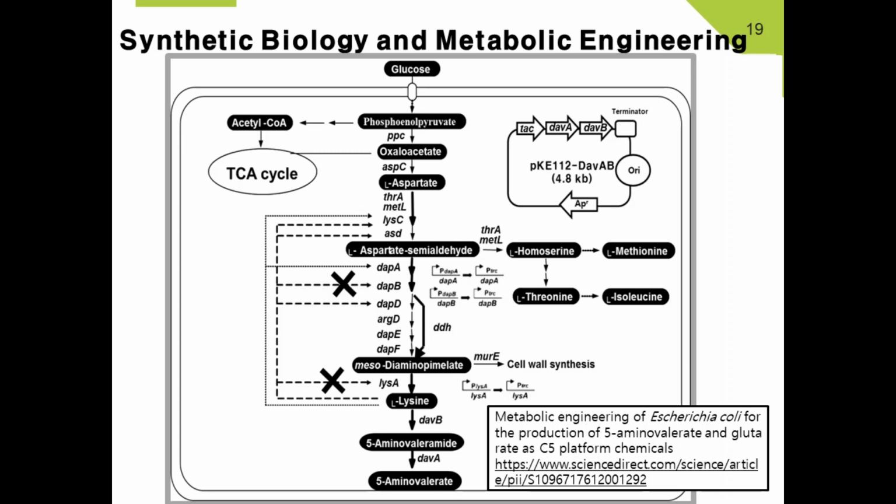Now in E. coli, we just put these two genes and it produced 5-aminovalerate, but it didn't produce it well. So we had to delete some competing pathways and overexpress some genes so that it would produce the cadaverine precursor, L-lysine, well. So that's what we did with E. coli. Since it didn't improve further, we tried producing it by direct fermentation.